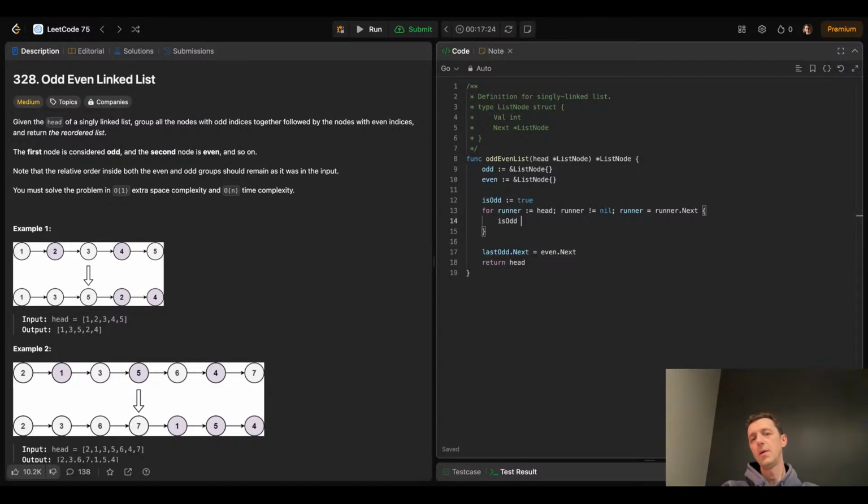Is odd, not is odd. Okay. So if it's true, if is odd, then we connect it to next. Yeah, if is odd, next